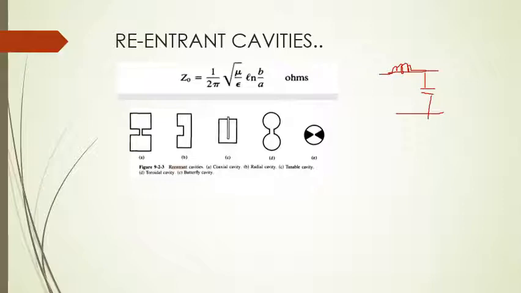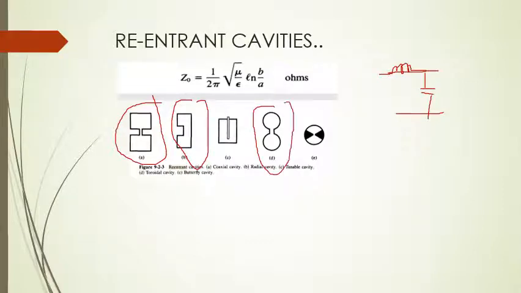We are using a coaxial transmission line inductance over here, and we are going to extend them to the inner boundaries. Can you see these diagrams being drawn over here? This is a toroidal cavity. This is a coaxial cavity. This is a radial cavity. Radial means half. This is called a tunable cavity. This is a toroidal cavity. This is a butterfly cavity.